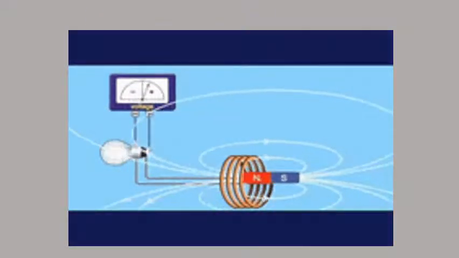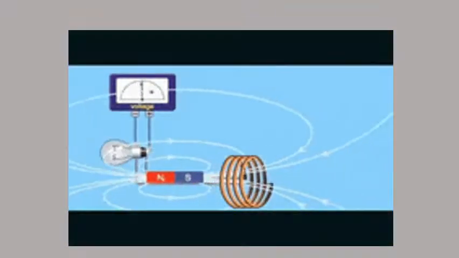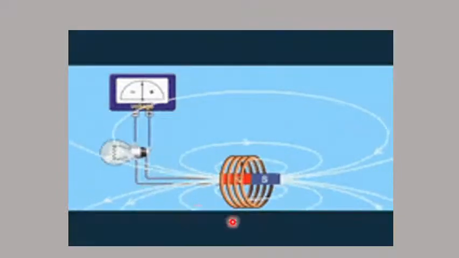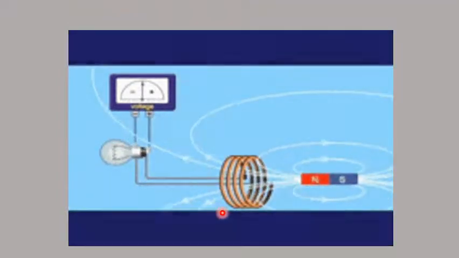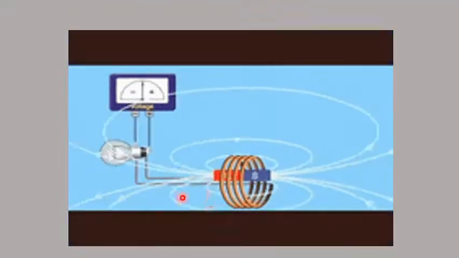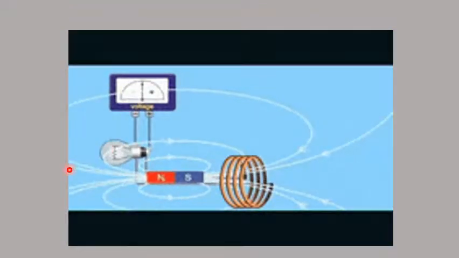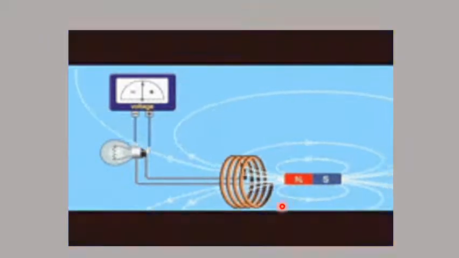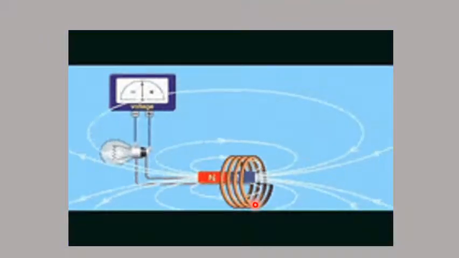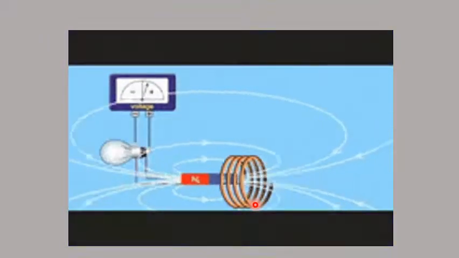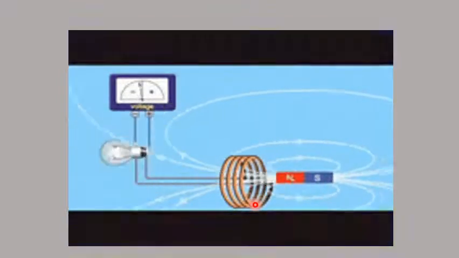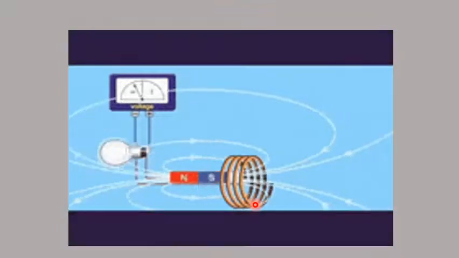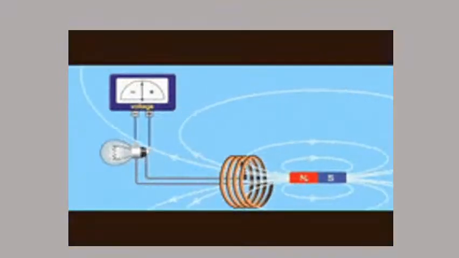As we have discussed in the first lecture of chapter number 14 about Faraday's law, I am revising it again: what is Faraday's law. In Faraday's law, we have discussed that if there is a changing magnetic flux, then the rate of change of magnetic flux is directly proportional to induced EMF. Now, what is induced EMF?